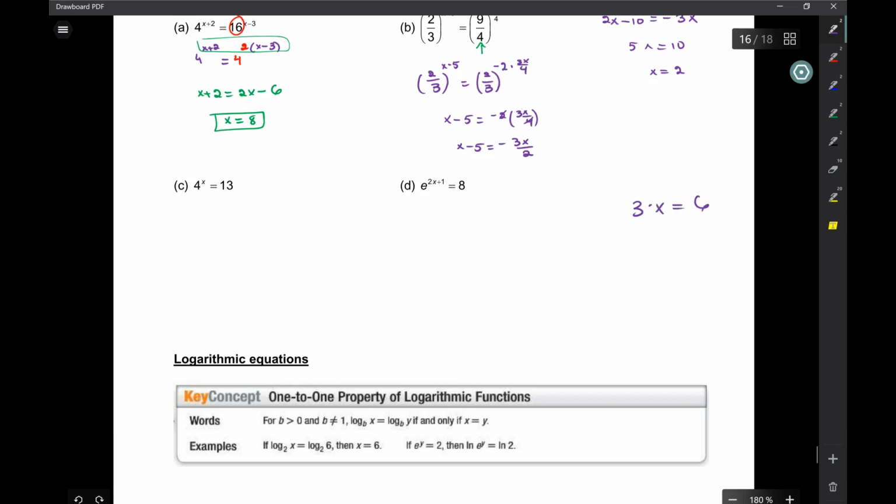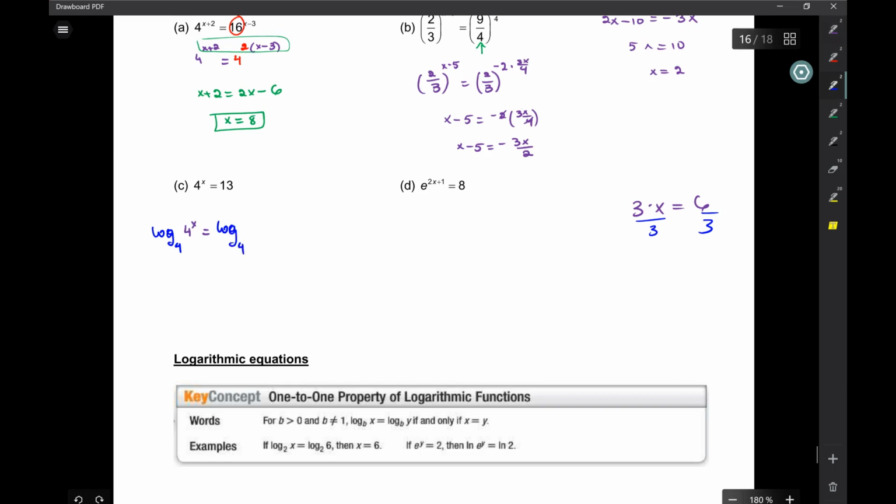So basically we're going to use a log because, look, if you have 3 times x is equal to 6, what do you do here to both sides? You divide. Why do you divide? Because this is being multiplied, and division is the inverse of multiplication. So if here you have an exponential function, its inverse is a logarithm. So you could do 4 to the power of log, or we could take the log of both sides. So we have a base of 4, so we do log base 4, 4 to the x, equals log base 4,